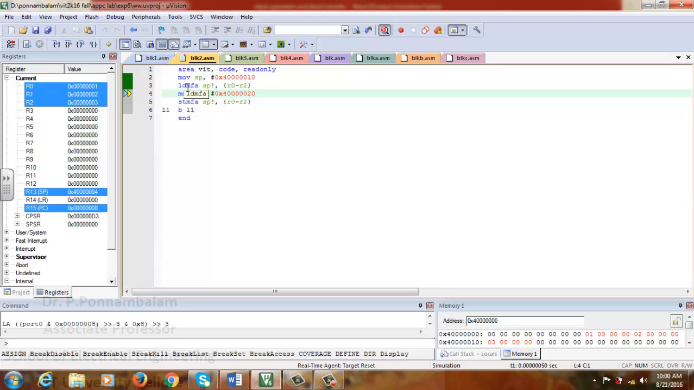That is LDMFA. It has fetched the values from 400010, then 40000C and 400008. So this is the pop operation that has happened. Now I am changing the value of the stack pointer to 4000020. So now